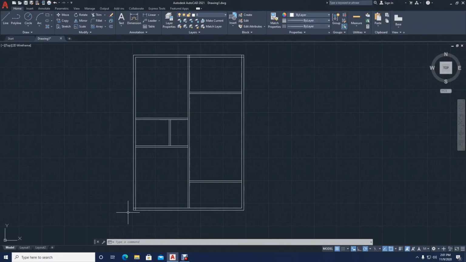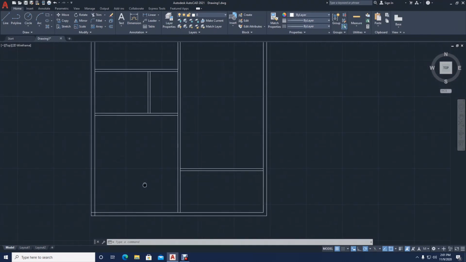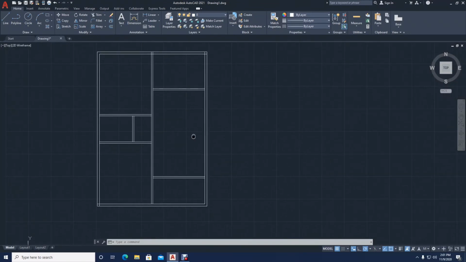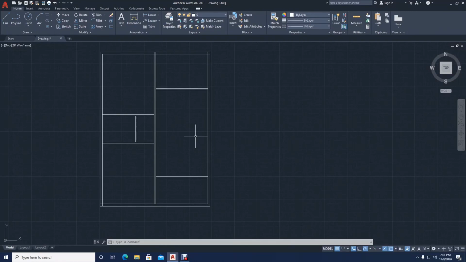Now, before I even go ahead and trim the rest of the portions like here, I am going to start inserting some door spaces and window spaces. Now, this is how I approach a building drawing. I normally draw the wall layout first, which is what I've just drawn. Then I continue by drawing the door spaces and openings first, and then the window openings or windows. After I've done that, then I'll proceed to enter the rest of